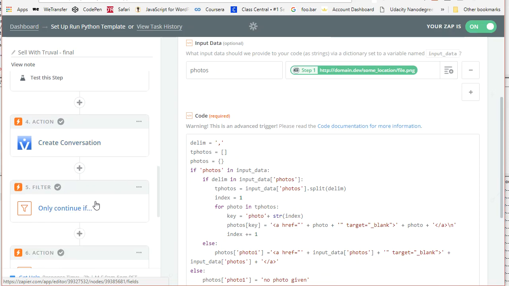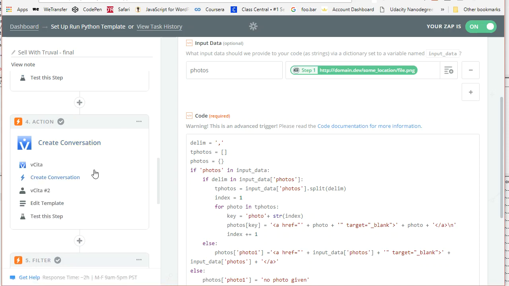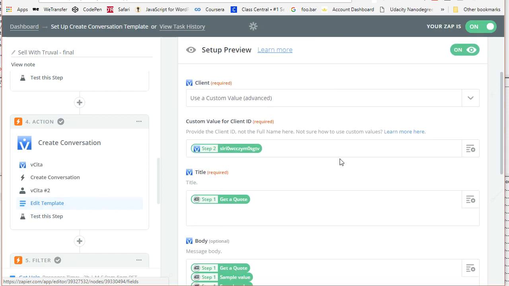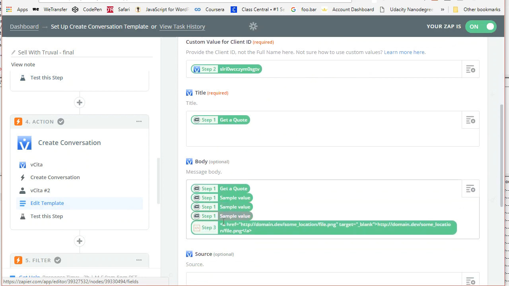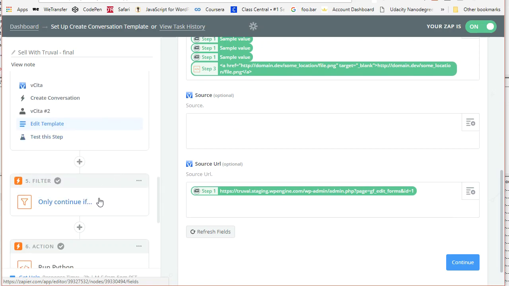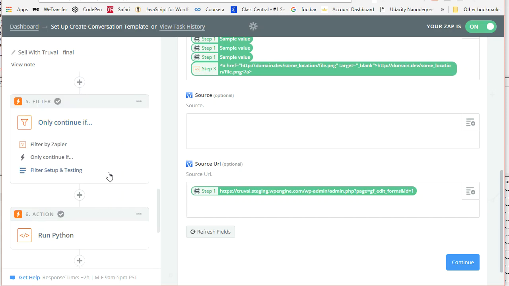And then it creates the conversation. Obviously it gets the client ID from that previous step and then puts the stuff inside the conversation. And then if it's the type of request that wants an appointment,